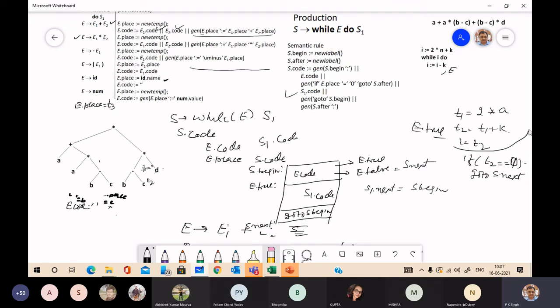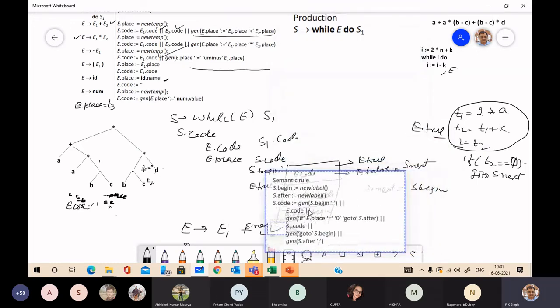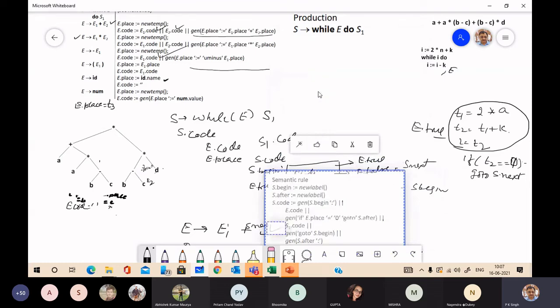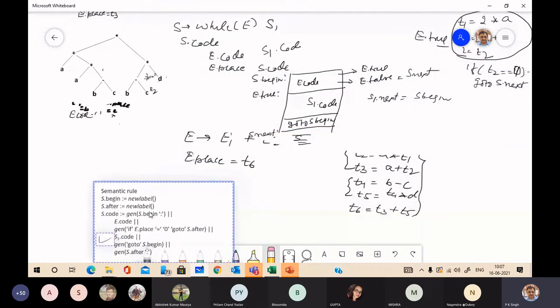Okay, so up to now you are clear how code is generated. It is generated by this translation scheme. Now see the generation of code for the while construct. This is the while construct.